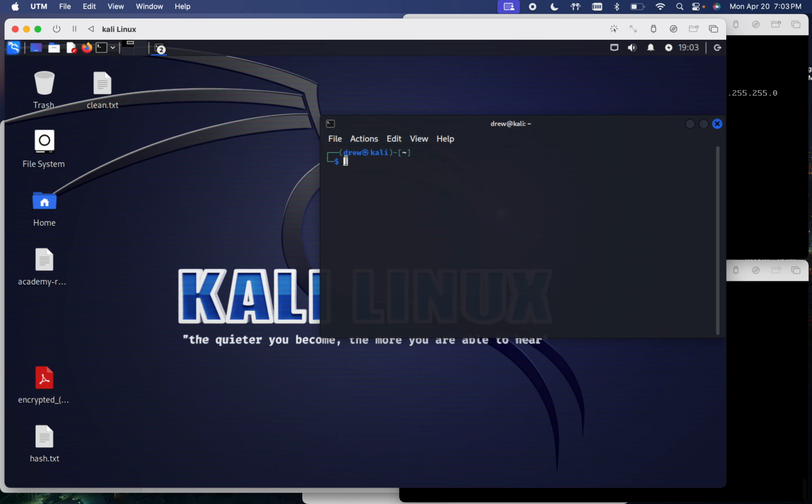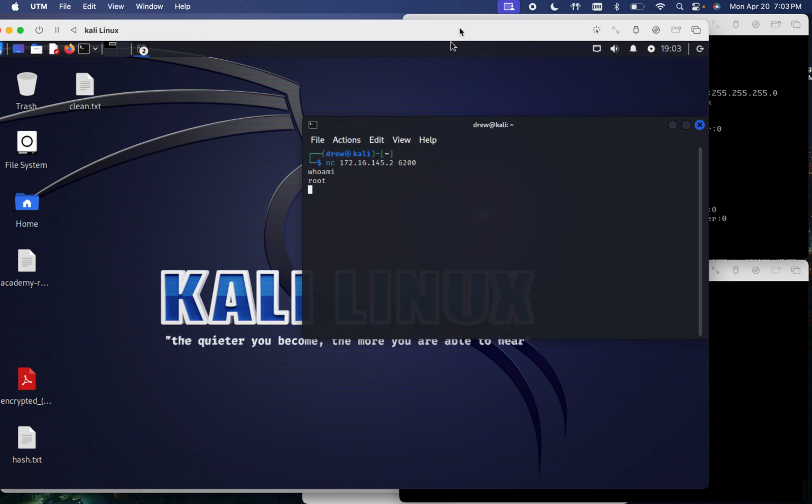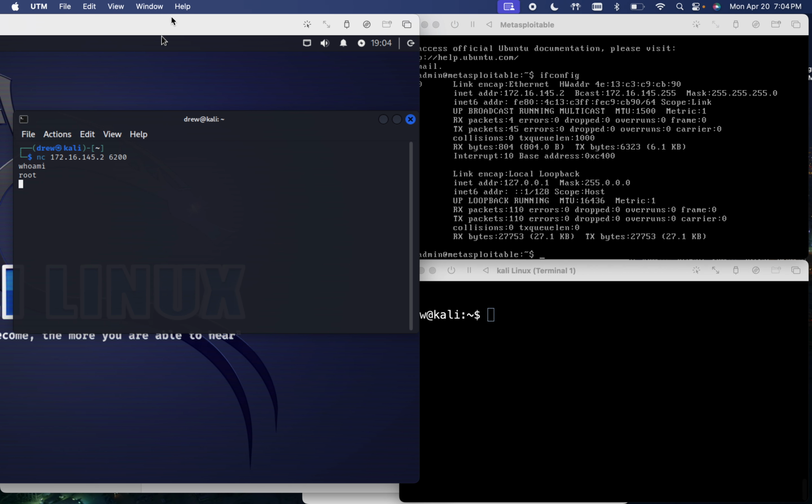Okay, now that we got that open, same thing, we're going to create a connection, this time to port 6200. And then we're going to run the command whoami, verifying that we have root access. As you can see, we have root access for the Metasploitable OS. And yeah, we can now just kind of have root access to the system, list the files, check some things